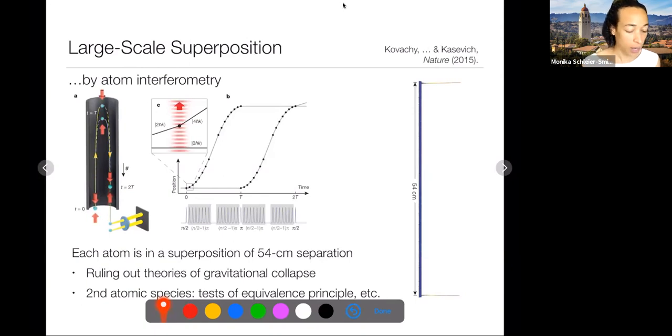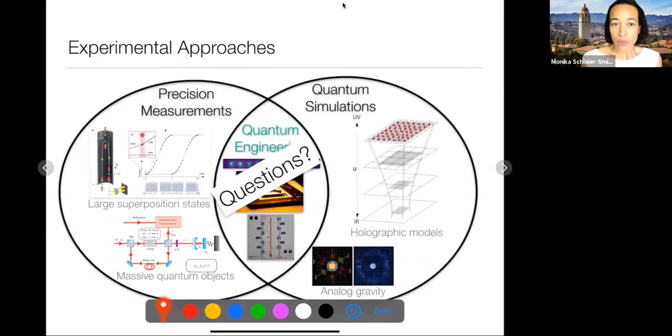And this type of experiment is a neat way to test and rule them out. It's also being used for things like, if you have two different masses of your atoms, you can test the equivalence principle. They have recent work on that. So yeah, one other system for probing gravity with quantum techniques. So with that,